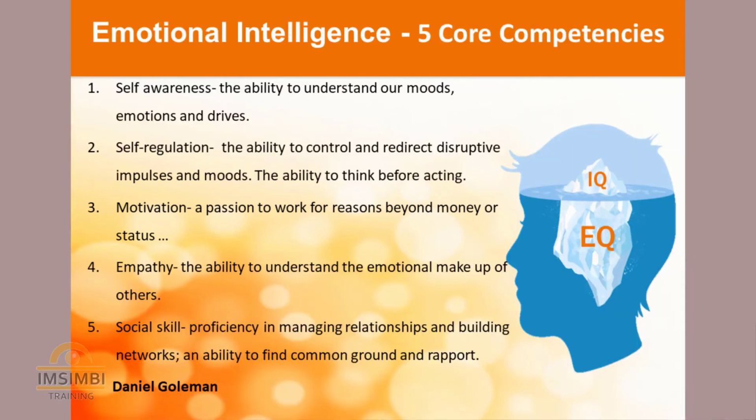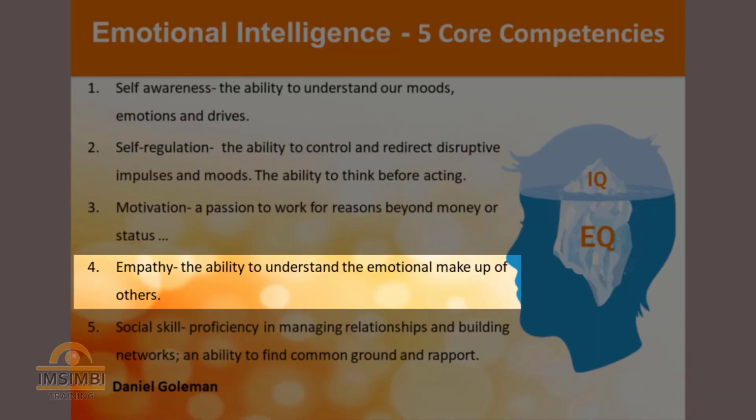And then the fourth core competency that Daniel Goleman, the father of emotional intelligence, wrote about is empathy, the ability to understand the emotional makeup of others, the ability to understand other people, to understand their personalities, and to walk in their shoes, to feel their pain, to feel their joy as much as they do. As Mandela and Mother Teresa have great capacity for empathy, as leaders in organizations, we also need to have that empathy, so our staff can trust us, and they can understand us, and they respect us.